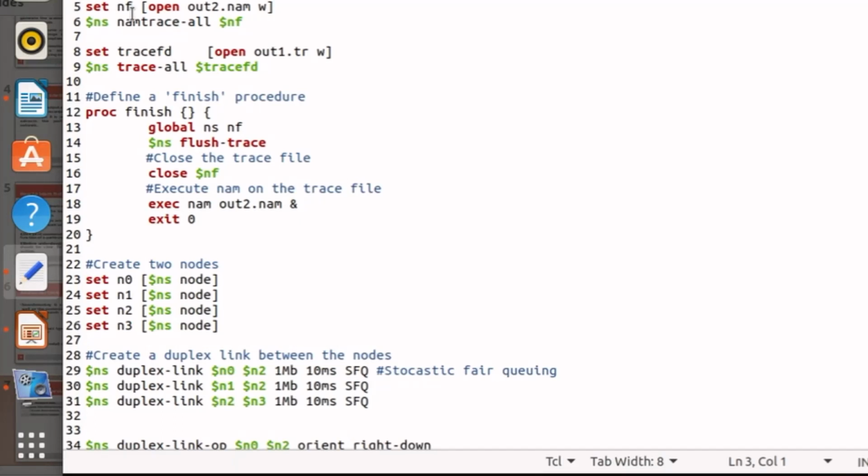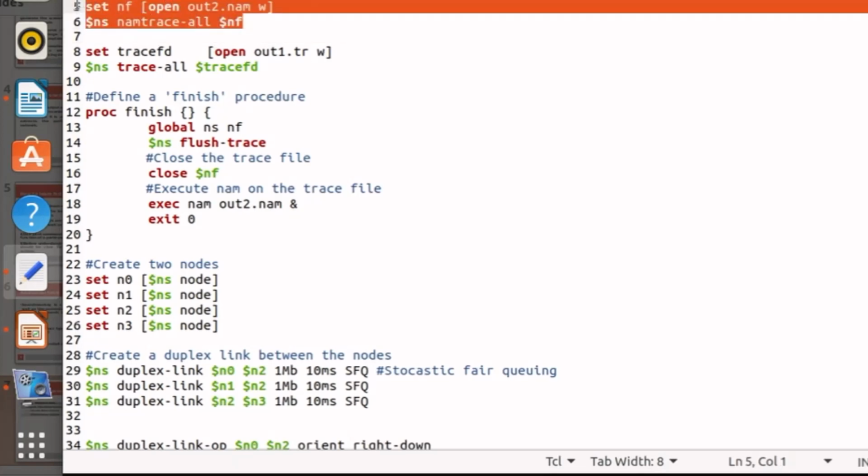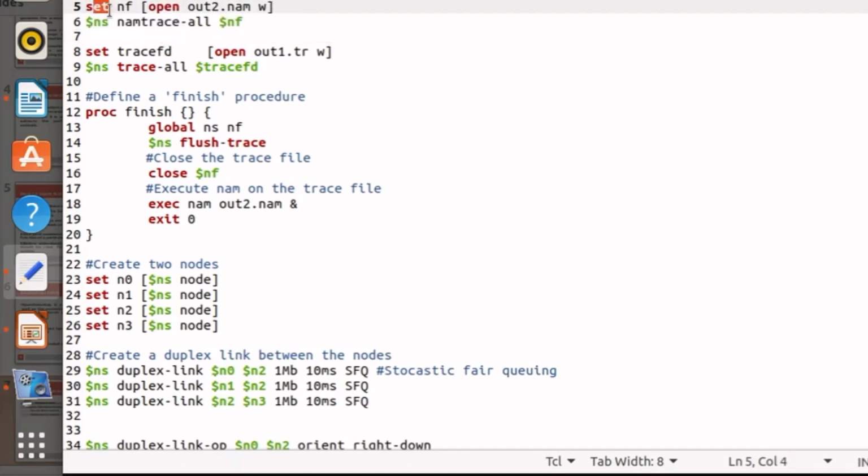The network animator file is used to run the simulation, and the trace file is used to get the output with the help of an AWK file. So how are these two files generated? You see these two lines. These two lines are to generate the network animator file.